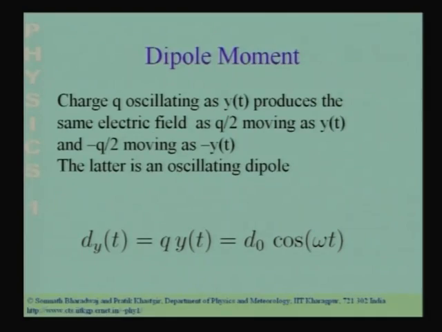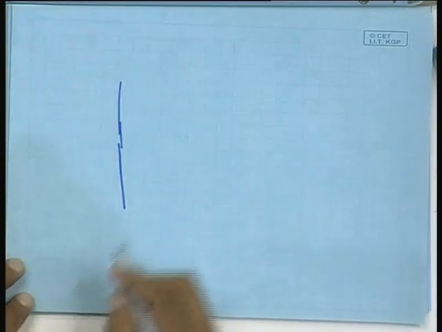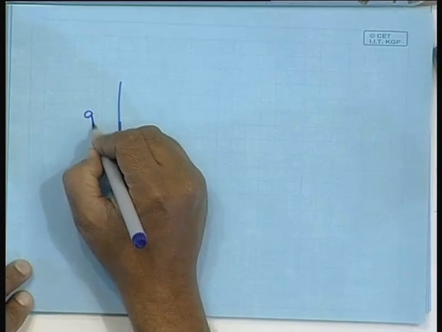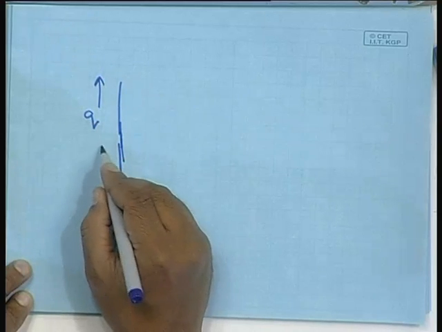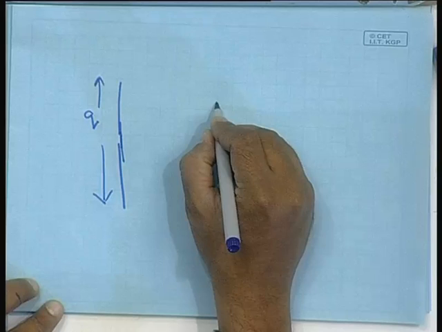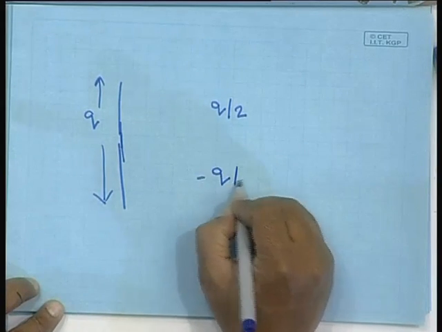Now, it is convenient to think of this whole thing effectively as one. We have some single charge q which is rushing back and forth up and down this dipole. Now, it is convenient for certain purposes to think of it as two charges, one q by 2 and another minus q by 2,